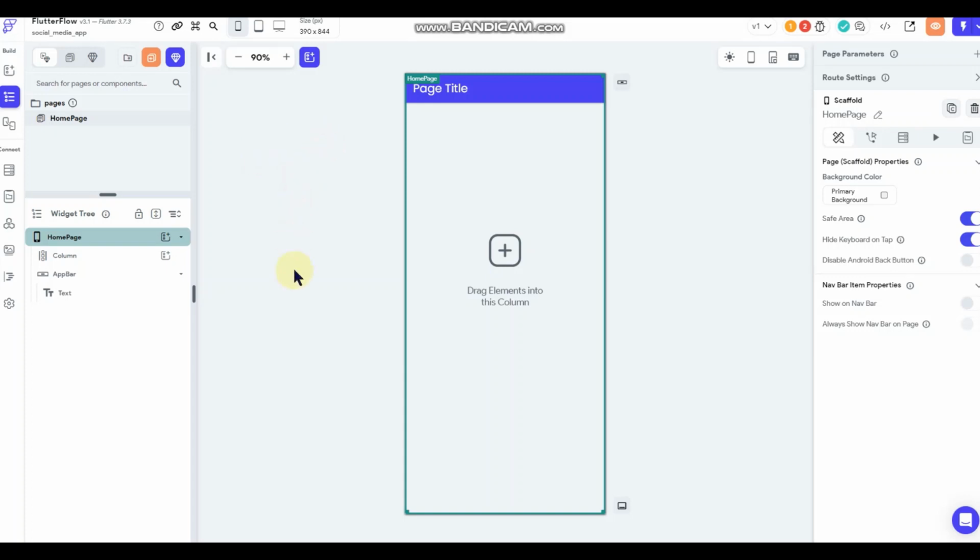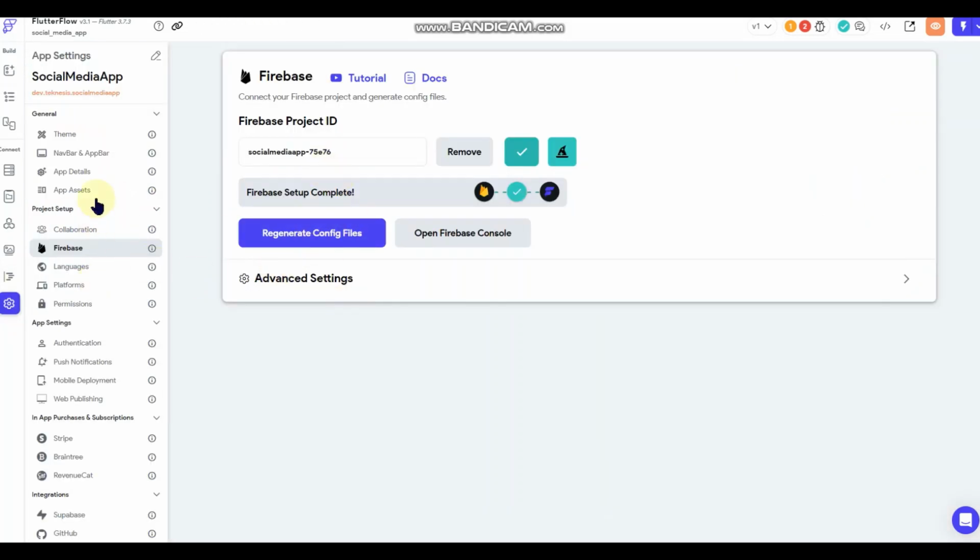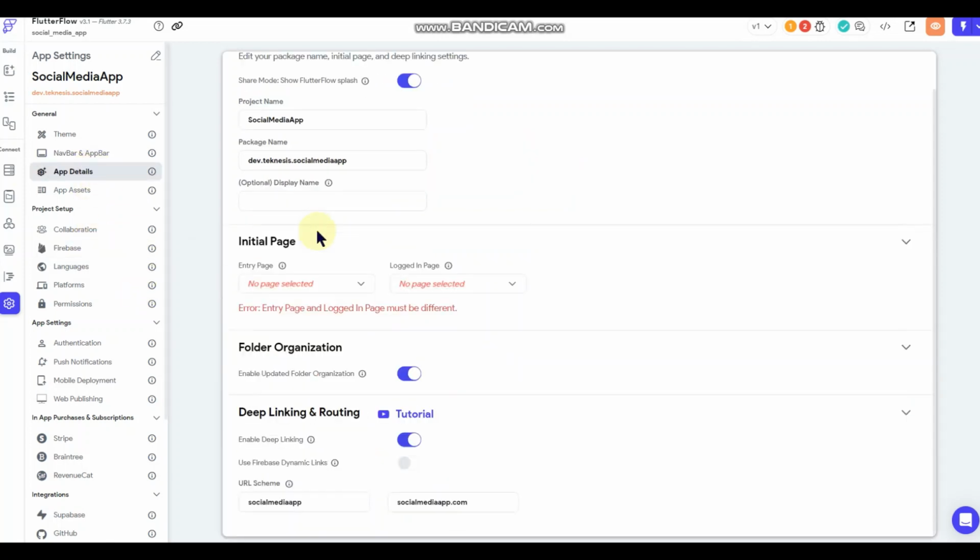Okay, so now that we've got our Firebase set up and everything's connected here, I do want to go down to, let's see here. That's good to go.